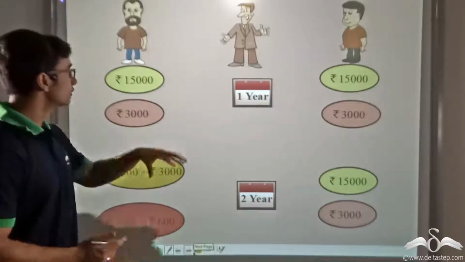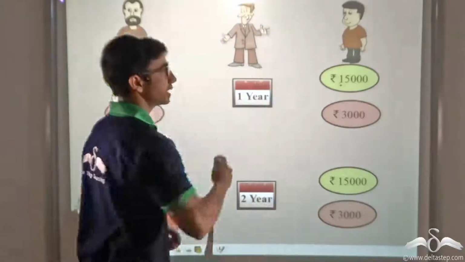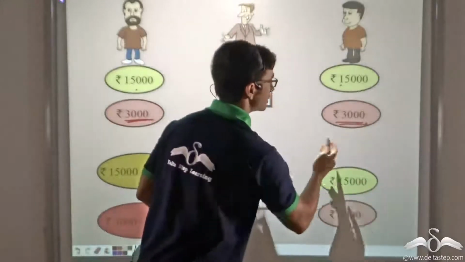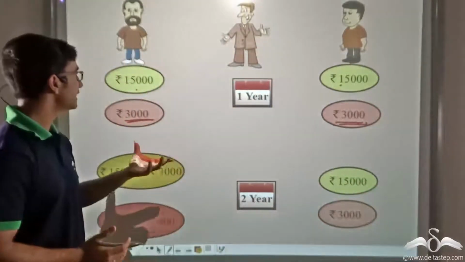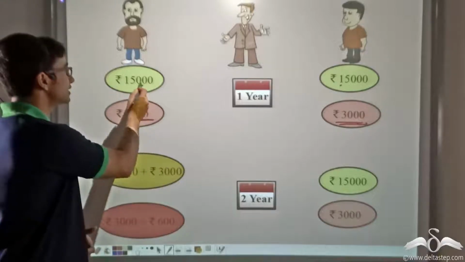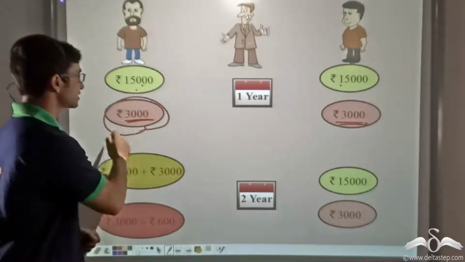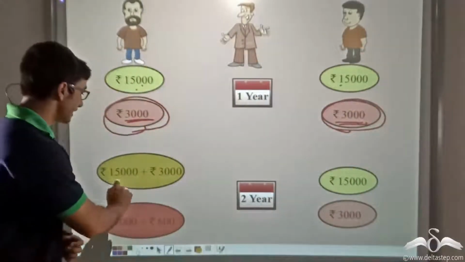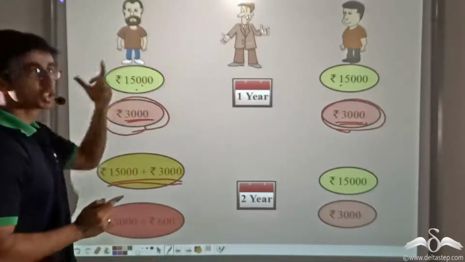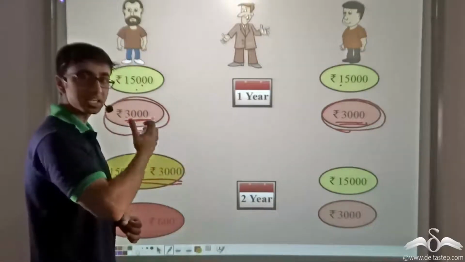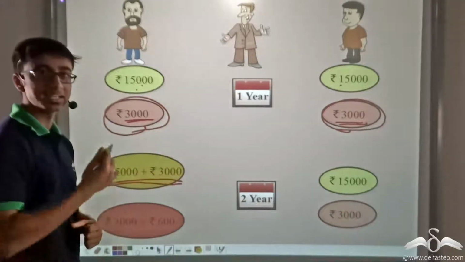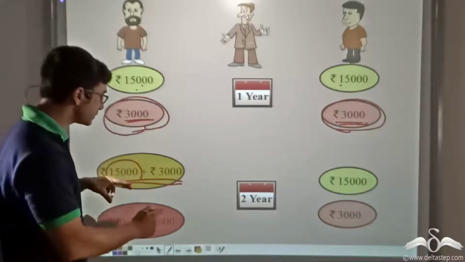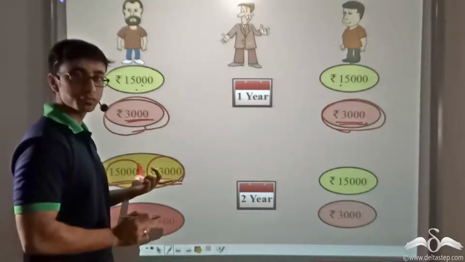Consider the scenario. Over here, 15,000 is the amount of money being borrowed by both his friends, and the rate of interest being 20%, they are having to pay an extra of 20% on this 15,000. So the interest is 3,000 at the end of first year for both the cases. But in the second year, since Sundar was borrowing back the money after paying him back, he will have to pay an interest on both the original sum of money, that is 15,000, as well as on the interest at the end of first year.